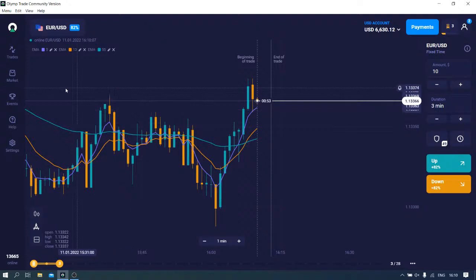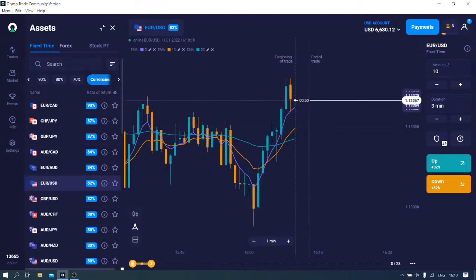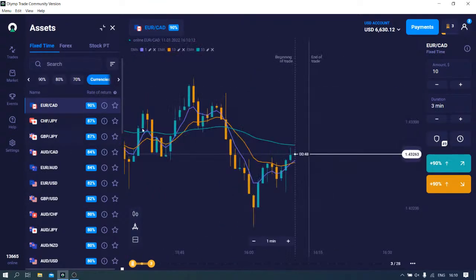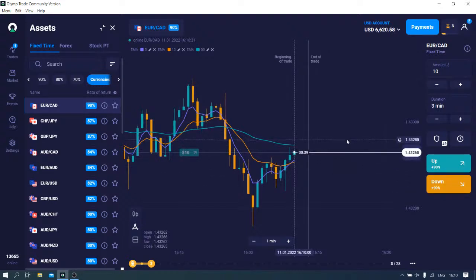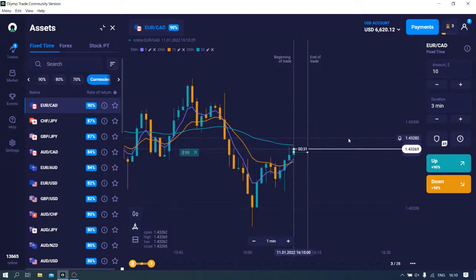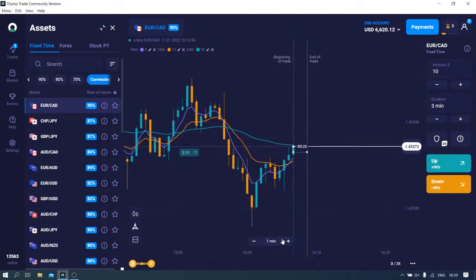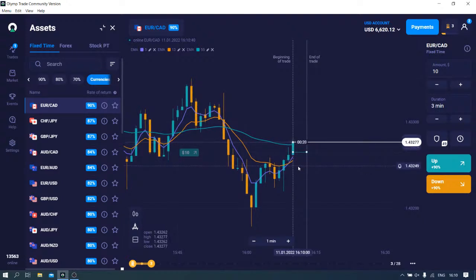Right, so let us check some other assets, because I'm pretty sure that there is not just a single one with a signal. Okay, there might be a possible signal on the euro against the Canadian dollar, so let me open a trade in the upwards direction. And just to be clear, the recommended expiration time for this strategy is 3 to 5 candles, depending on your current time frame. My current time frame is 1 minute, so 3 candles equals 3 minutes. And this is basically the expiration time that I use for this Friday strategy.